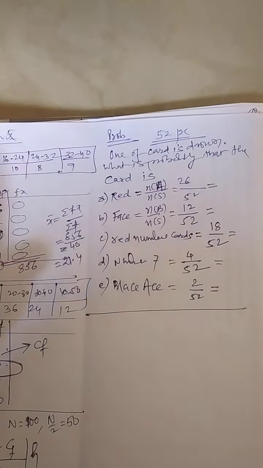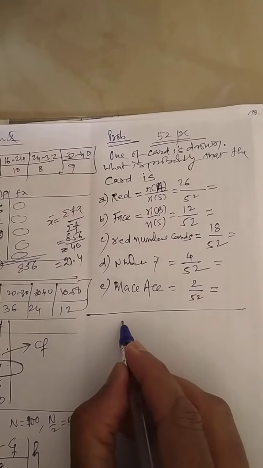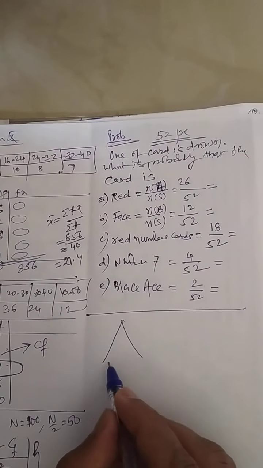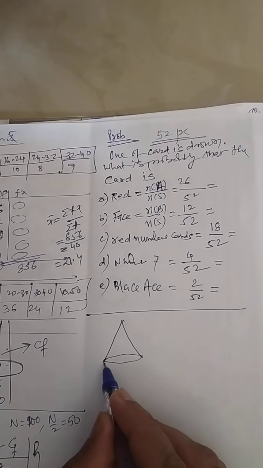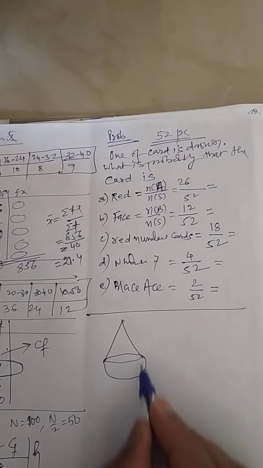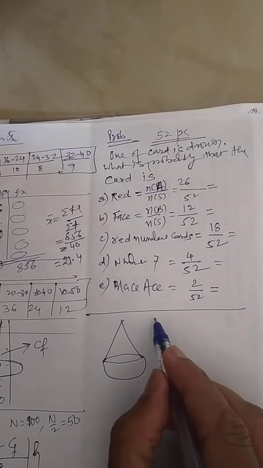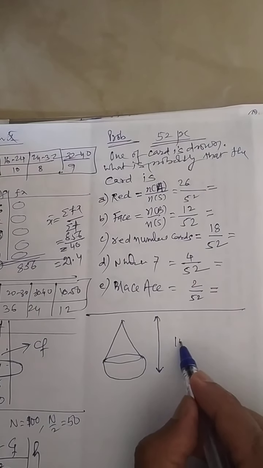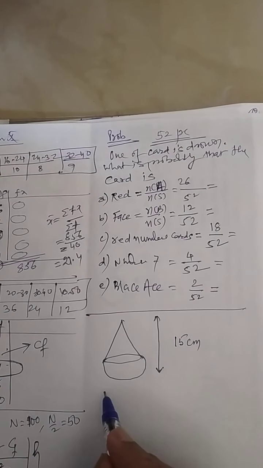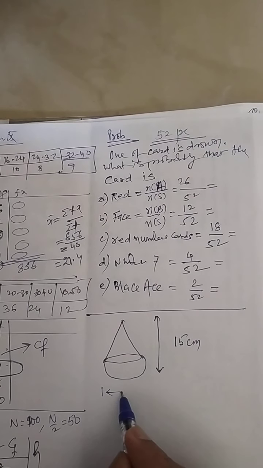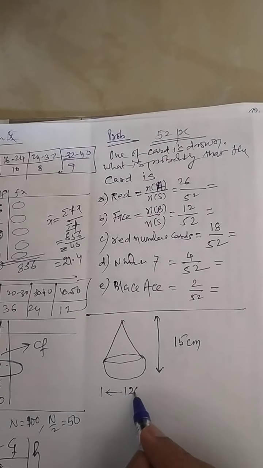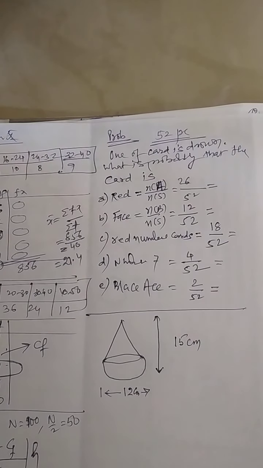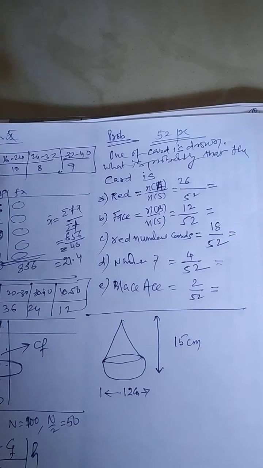So one question from mensuration also. Look at this. It is a cone, and to the bottom a hemisphere is attached. The information is given. This whole height is given as say 15 centimeter or meter something, and the diameter of the cylinder at the base is given as 12 centimeter.